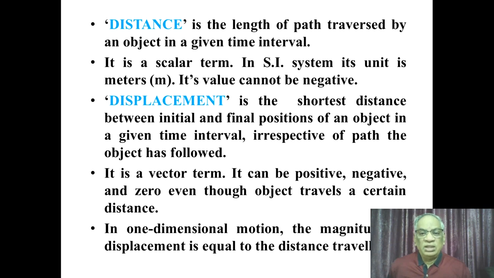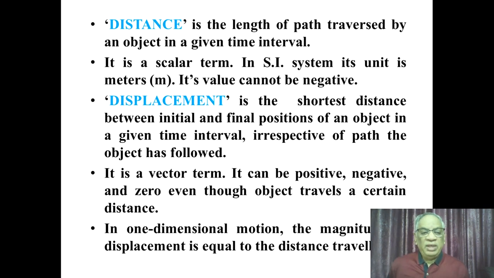So the shortest distance between the initial and final positions is known as the displacement. And it doesn't matter in what direction it has gone to the final destination. And it is a vector term. It can be positive, negative or 0 even though the object travels a certain distance. Positive, negative you can understand because depending on the direction, one direction is positive, other direction will be negative. But 0 is important because